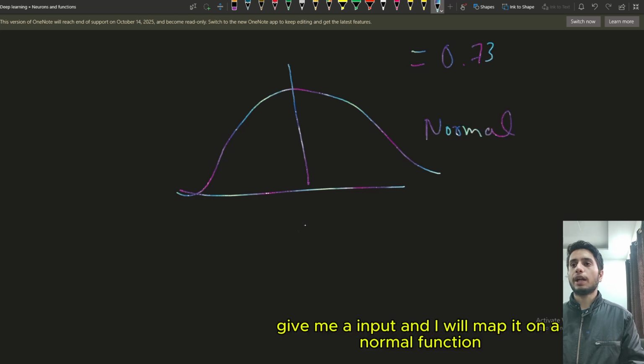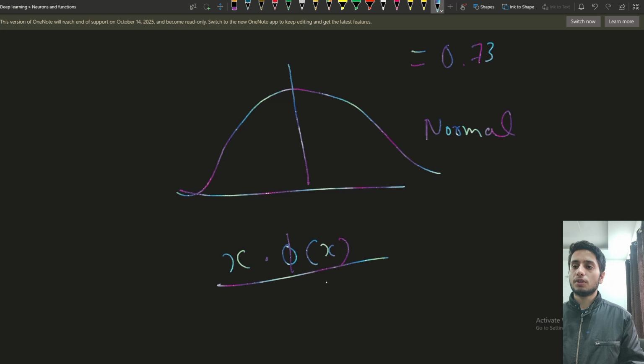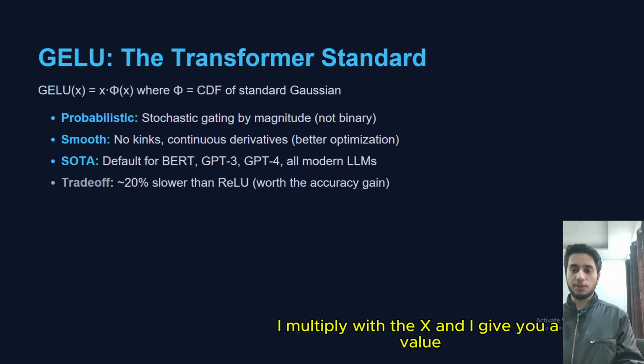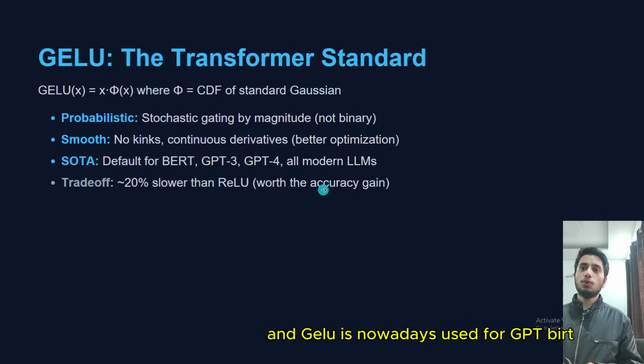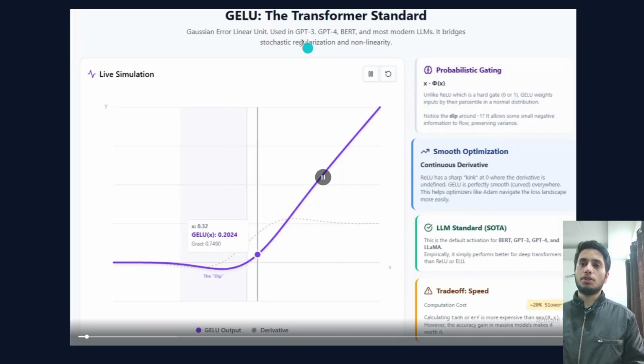give me an input and I will map it on a normal function, and just multiply it with the input. You just give me an input, I find its probability here. I find its cumulative distribution function value here, I multiply it with x, and I give you a value. So this is GELU. And GELU is nowadays used for GPT, BERT, a lot of high technology, high